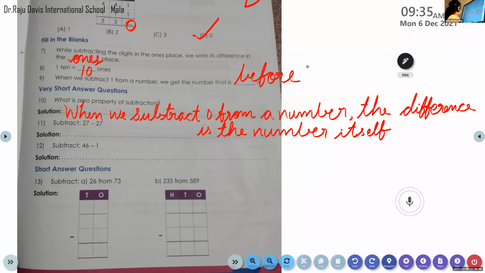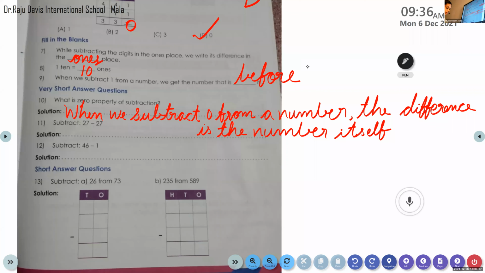Okay, so completed. 10th question, have you all completed? I am not used to writing. You can use that next line also, my dear. Write down. The 11th one only, the answer we can write there. You can draw a line also. Yes, you can draw one line down. Okay, very good.